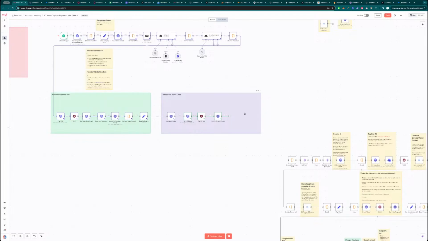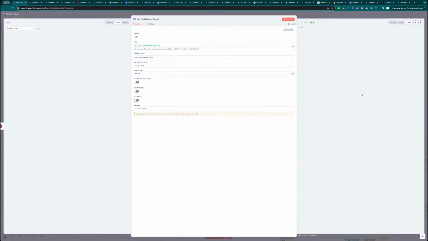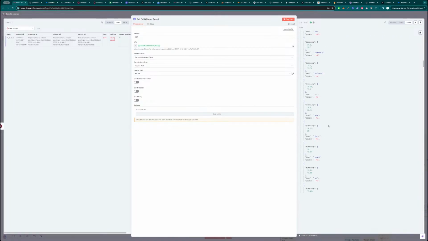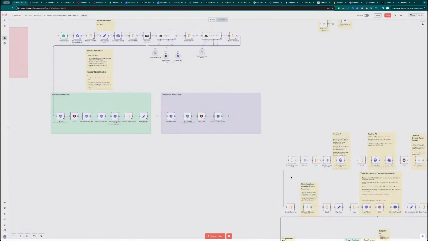Get Fal AI Whisper result, that's done. So as you can see, all the words are in a very long list. This video will be almost 2 minutes long, a bit longer. So the next thing we are going to do is to grab the